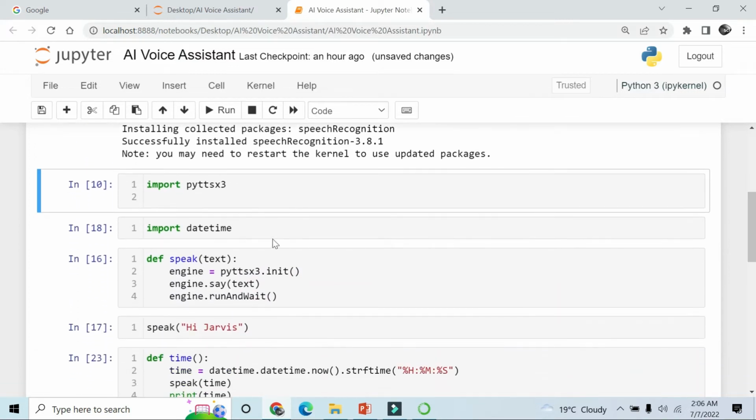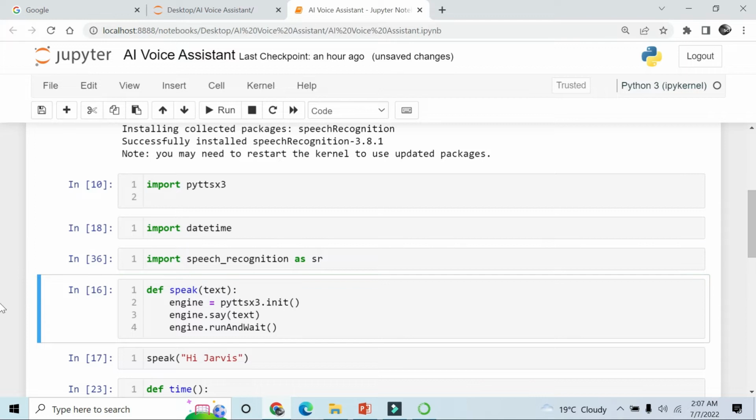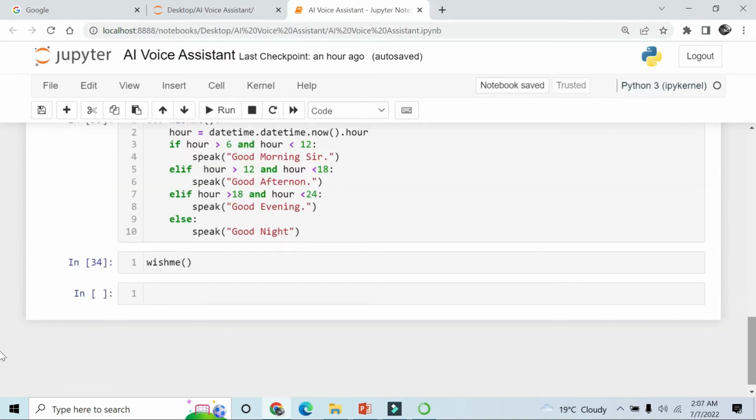Now we have to import it. So let's get a cell under it. Import speech recognition as SR, because speech recognition is a long word, so that's why I'm importing it as SR, a shorter word. Now imported. So let's create a function, def